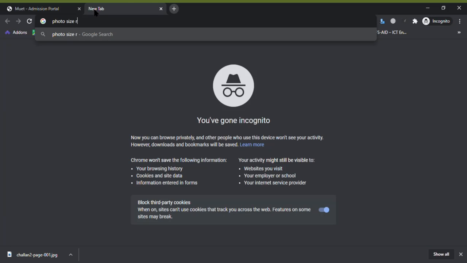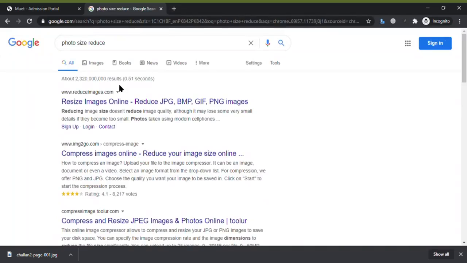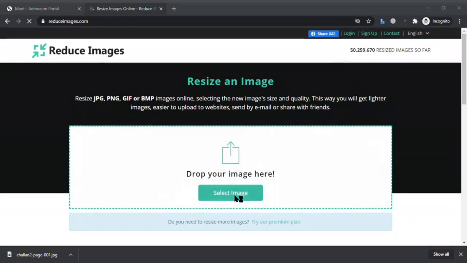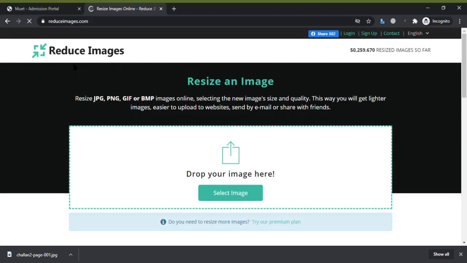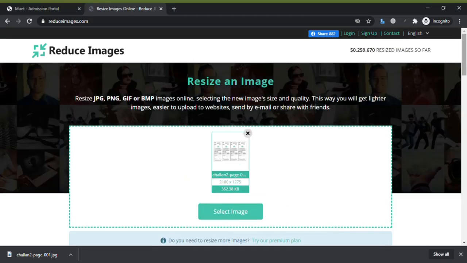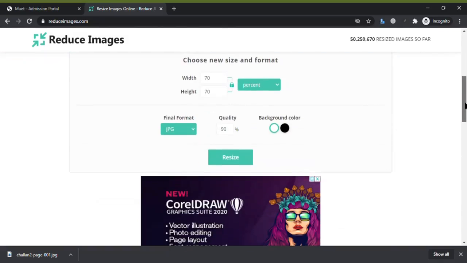To reduce the size of your documents, go to Google and search Photo Size Reduce. Visit the first appearing link and upload the document having a size greater than 150 KB. Now decrease the quality of the document until the size becomes smaller than 150 KB.